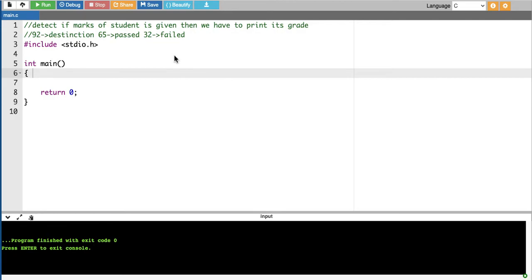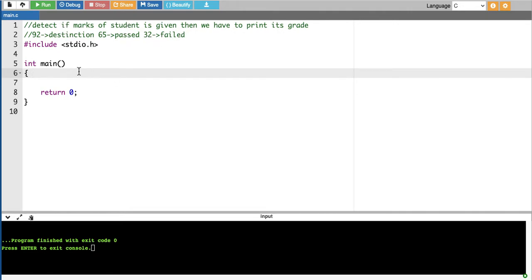Okay, so this is our if else. Here we have to use the if else statement. What I have done here with these two slashes is called commenting. In C we write a comment with a double slash, or slash star for multi-line comments. This is just for understanding purposes, and it does not affect anything in our code.